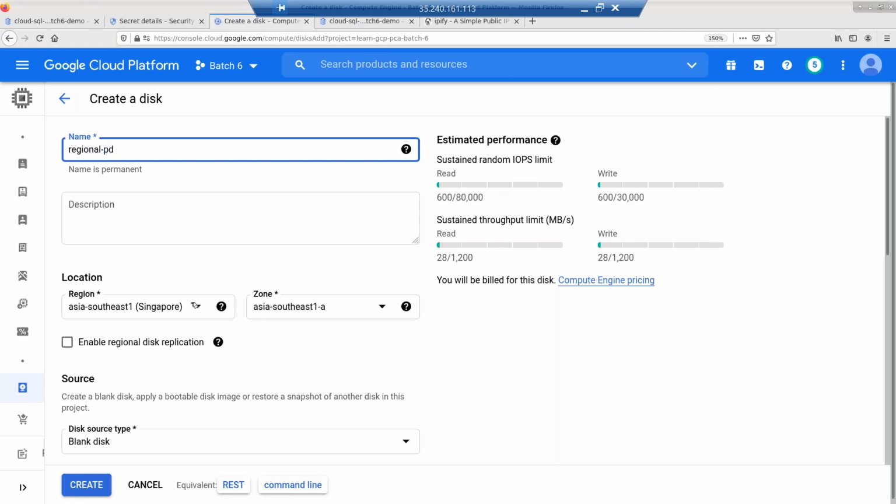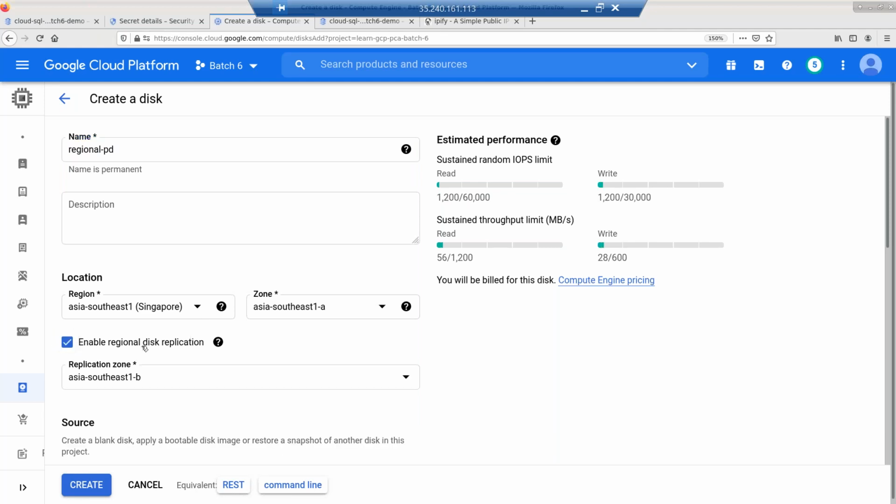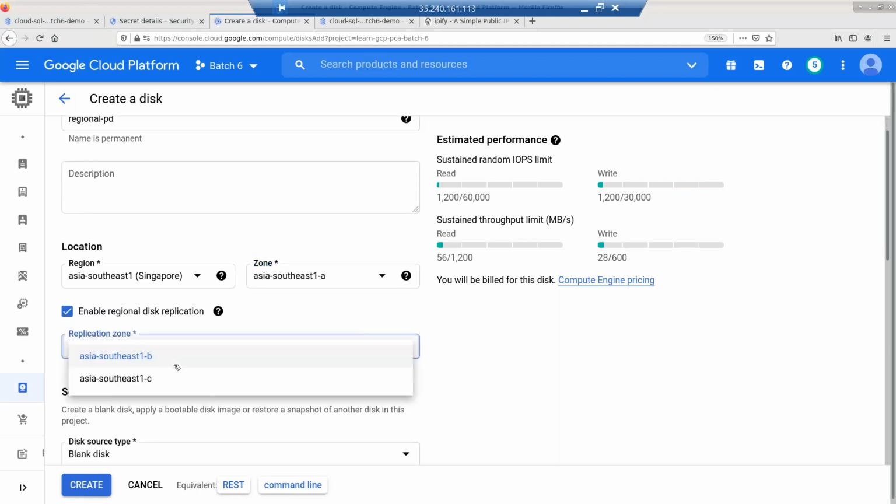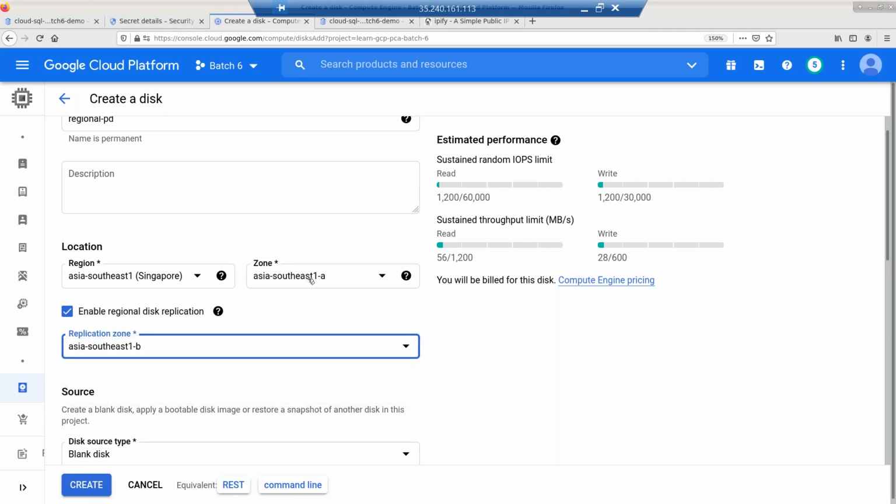How do I do it? If it is in Singapore, I just do this, folks. Enable regional data replication. What's going to happen is I can select two zones of my choice. You can select which zones you want, so where it needs to be replicated. So you can select,